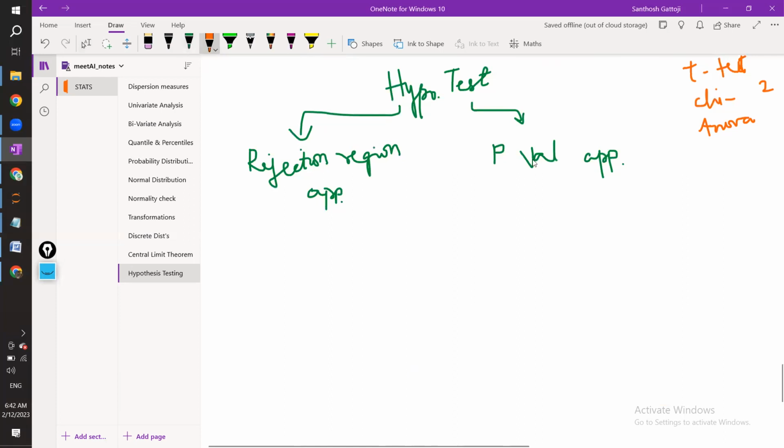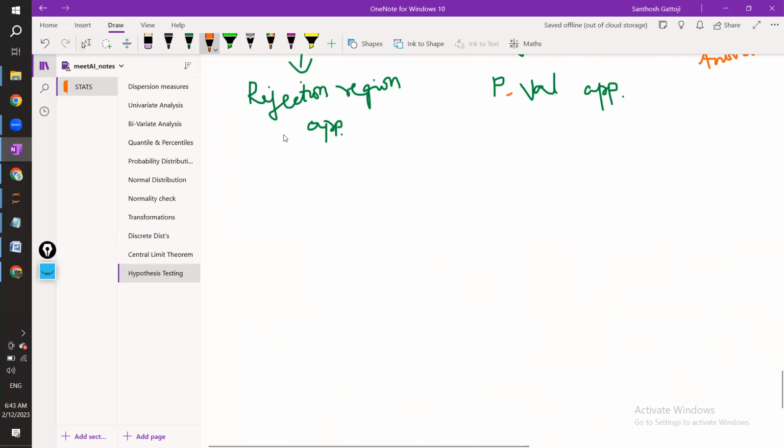But before going to p-value, we need to understand why we are not using this in every case. If this approach is very good or good enough, why should we have one more approach? Obviously, right? So there are two major problems with rejection region. One major problem here is,